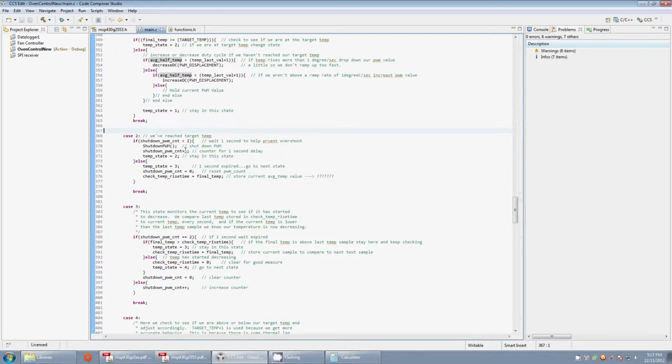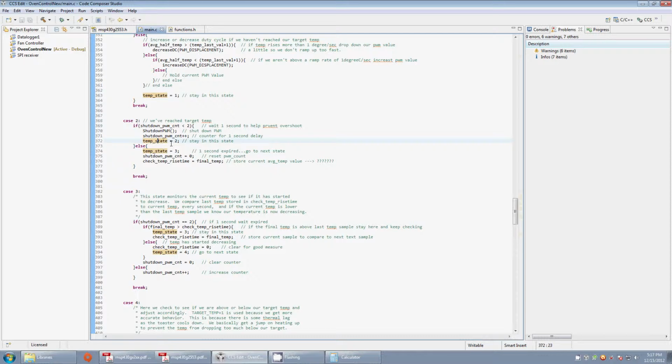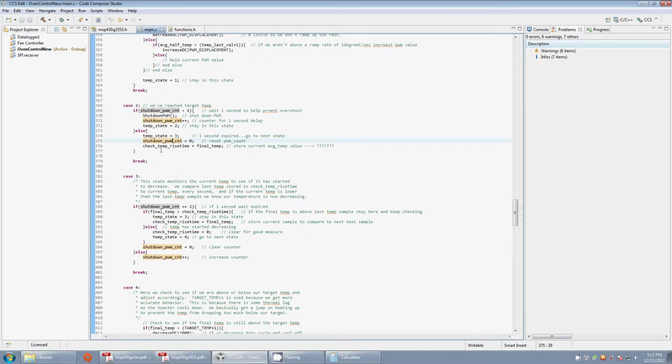and we increase a shutdown PWM count so that we can count up our 1 second delay, and if we haven't reached our 1 second delay, we stay here and just keep executing this if statement, shut down PWM and increment our counter. And this happens twice a second, so all we have to do is count to 2. That gives us our 1 second. Once we get to 1 second, we change state, reset our counter, and our check temp rise time equals final